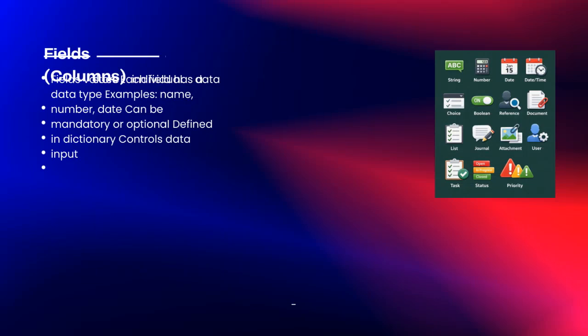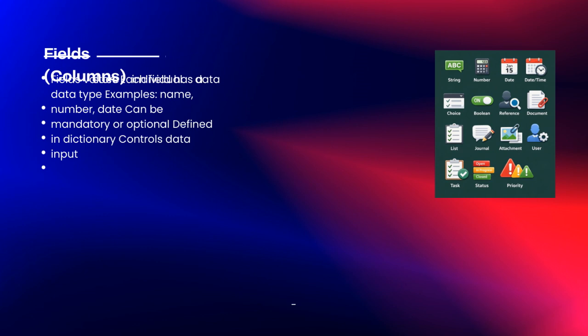Now, let's talk about data at the core of our database. Data is organized into individual stores, which are like containers holding specific pieces of information. Each store consists of fields, and these fields are like columns in a table. They hold different types of data, such as names, numbers, or dates. It's important to note that each field has a data type, which helps define what kind of information it can